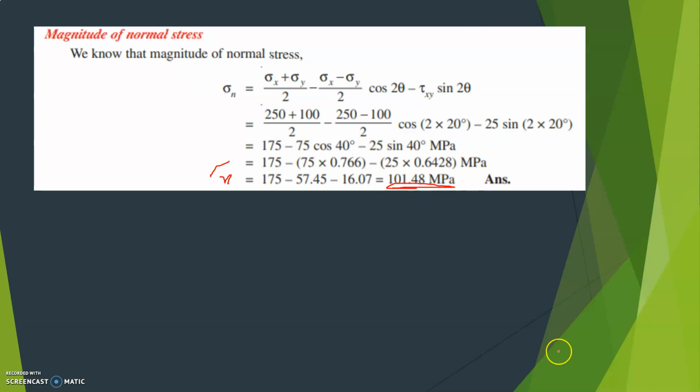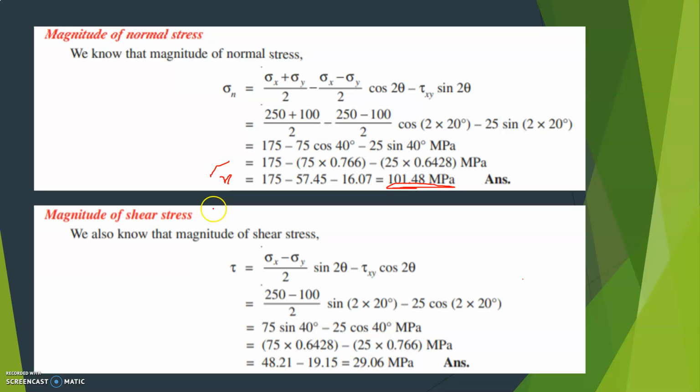101.48 MPa. Okay, then you have to find the shear stress. Shear stress is given by this formula: tau is equal to (sigma x minus sigma y) divided by 2 into sin 2 theta, minus tau xy cos 2 theta. Okay, substitute here, sigma x is 250, sigma y is 100, theta is 20 degrees. So simplify this, you get tau is equal to